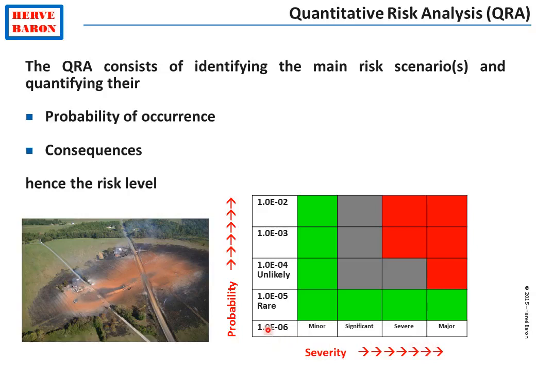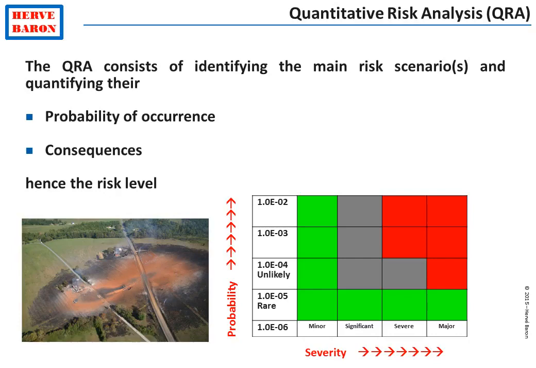For instance, if we have a rather likely event with severe consequences, it will be in the red, unacceptable risk area. In this case, the design must be changed. For instance, a blast wall must be provided. If, on the other hand, we are in the green area, no change is necessary, whereas in the gray area, called the ALARP area,